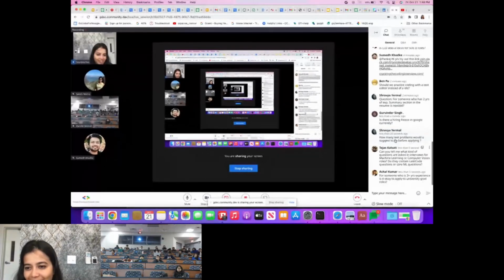Is there currently a hiring freeze at Google? So we won't say hiring freeze, but I think in general, for a lot of companies, the open roles have reduced. But yes, if you go to Google's career page, you will still see some options. Maybe not a bulk of options, but obviously you see some options.